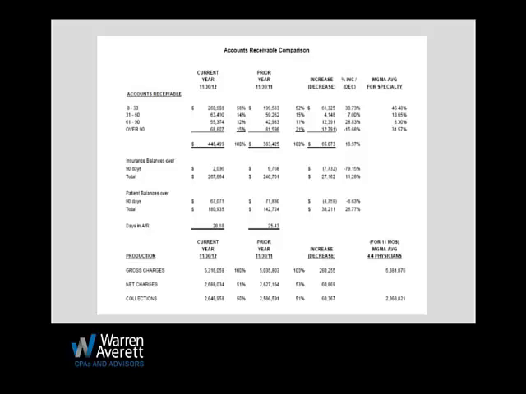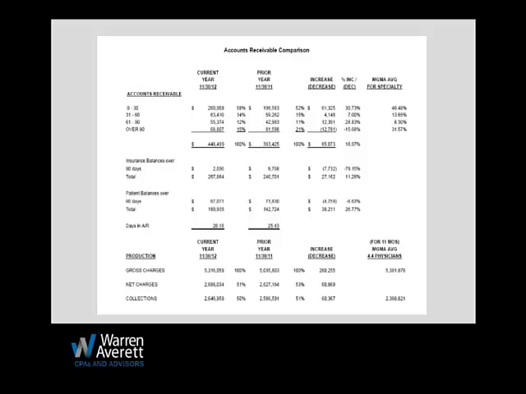Regardless of what specialty you're in, if your over 90 makes up 25% of your AR, you've got some kind of problem. You need to get that checked out. And you look at this MGMA average, it's got 31.57% over 90. So it looks like on average, a lot of the population that submitted their data to MGMA has an issue. But when we see a practice that has 25% over 90, we generally can pretty much guarantee there's some kind of issue there that can be improved upon. Yeah, and I don't remember what specialty this is right here, but that does seem a little bit high for the over 90 to be at 32%. Yep.